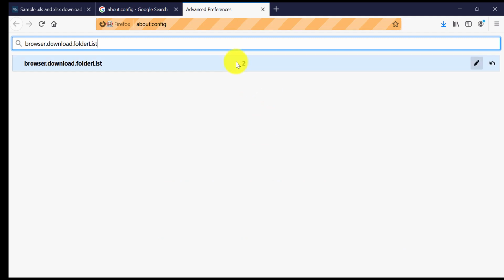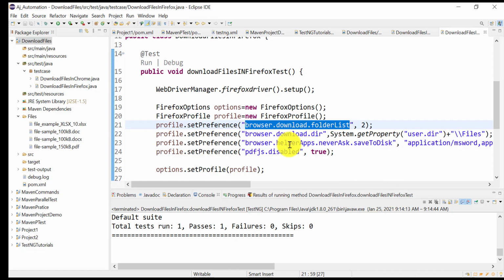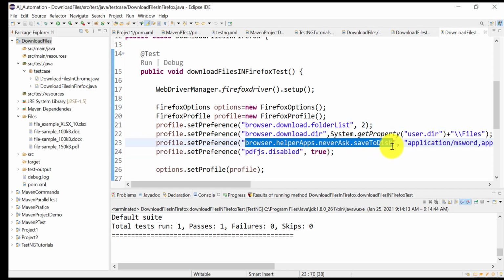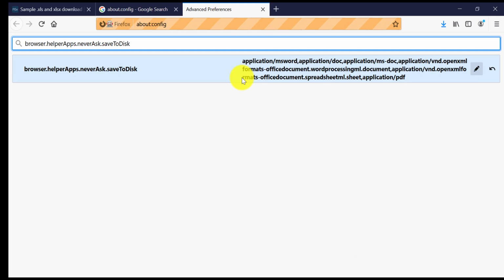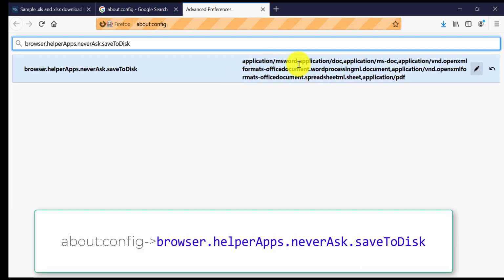You can see 2, right? Then this preference we will check. Control C and paste it here. As you can see, whatever list we have provided, it has saved here.